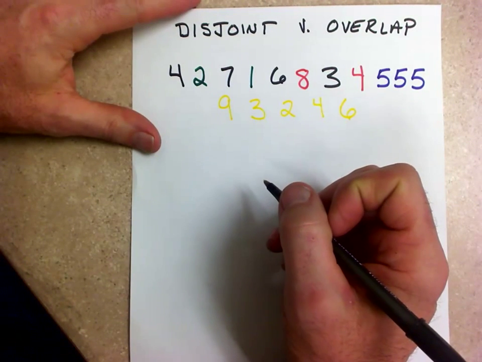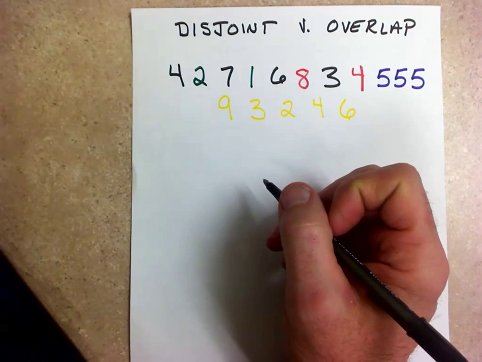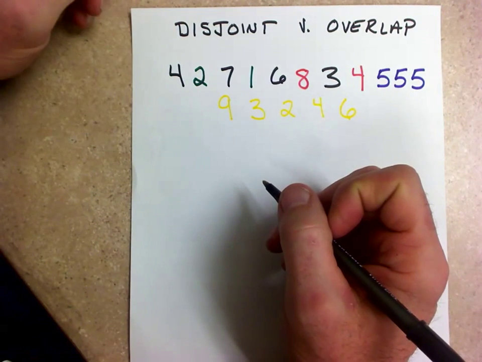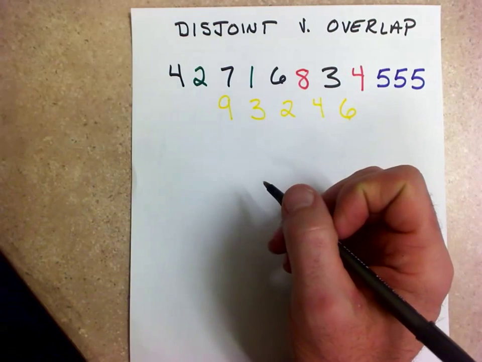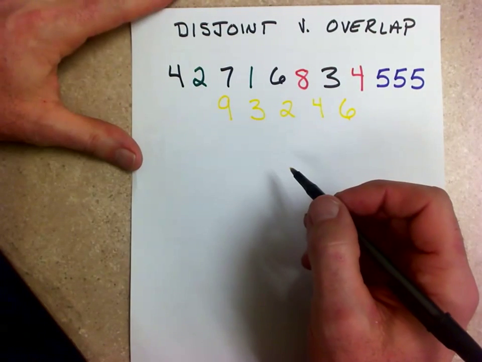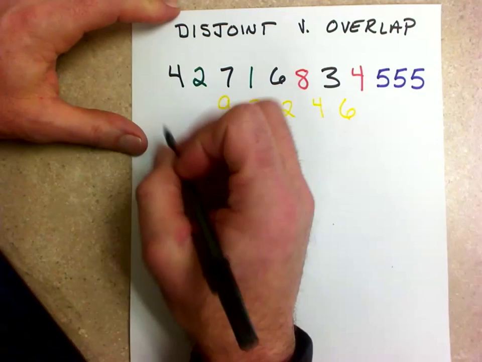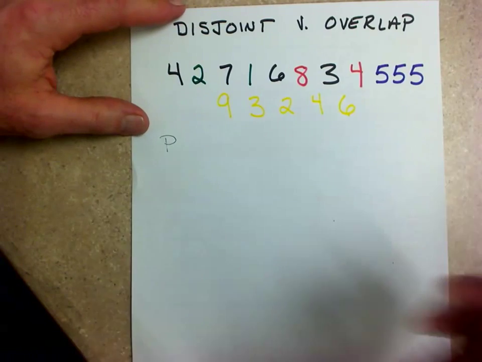So today we're going to continue to talk about some more probabilities, and we're going to add to our vocab list a little bit. Today what we want to look at is what we describe as disjoint probability or overlapping probability. And I've just got some numbers in different colors here that we're going to use as our set today. So the problems that we were looking at in class would be